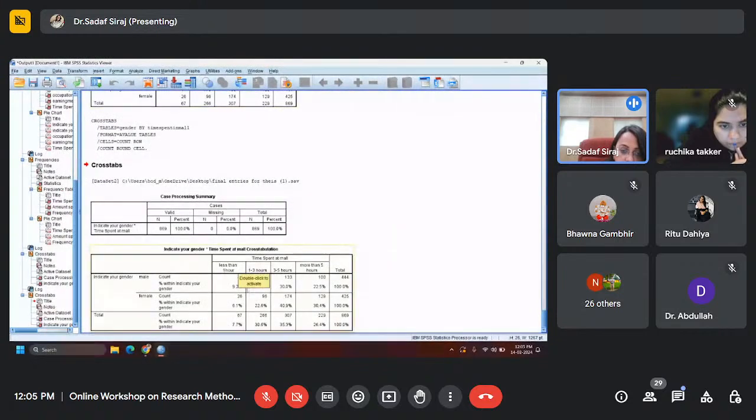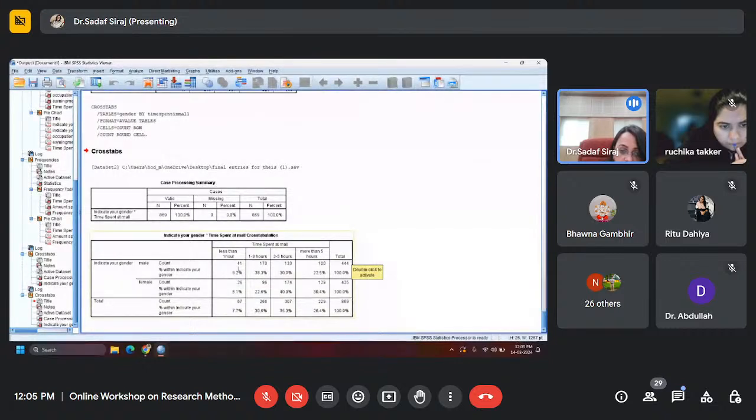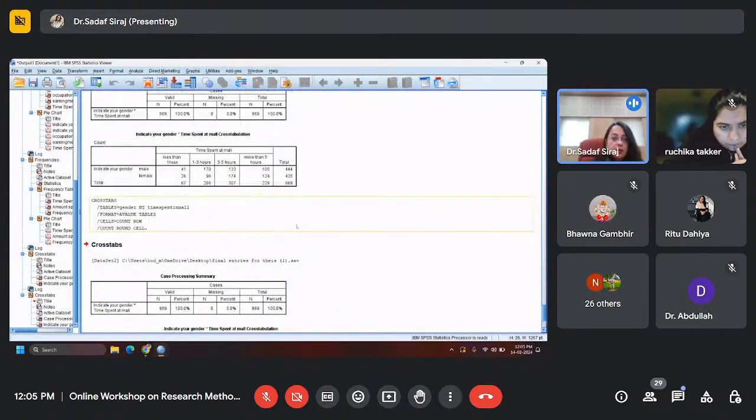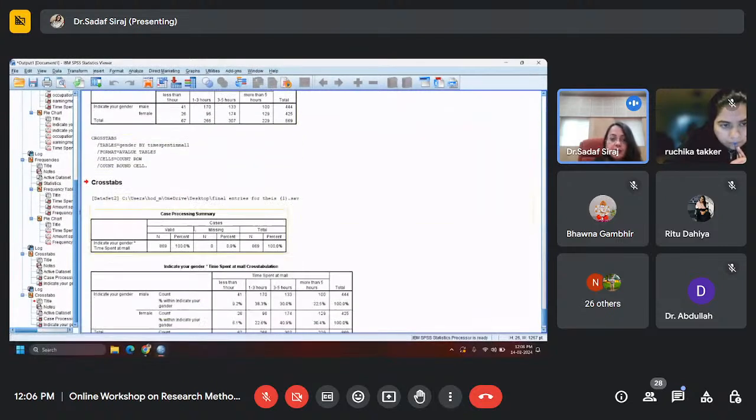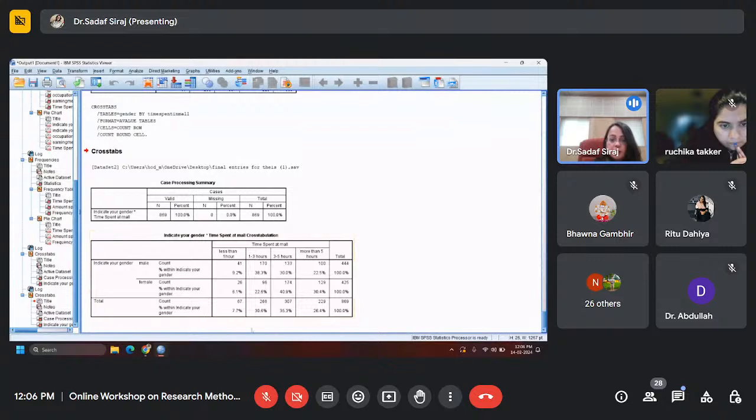So what has happened here is apart from the frequencies, you're also having percentages now. Can you people see and understand the difference between the two tables? In the initial table, we had cross-tabulated, we had taken the gender, we had taken the time spending behavior, but it was only in frequencies, only in numbers. You can represent it this way also, but whenever you are providing percentages, the analysis becomes easier. So now, apart from the frequencies, you're having percentages also.